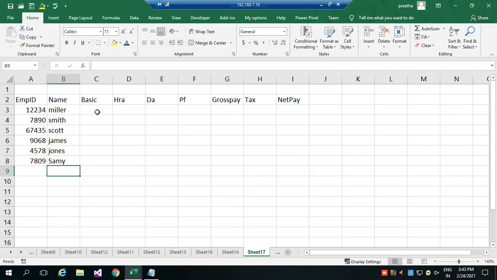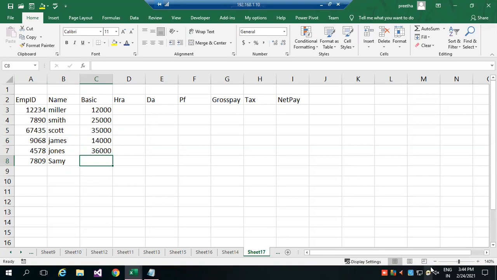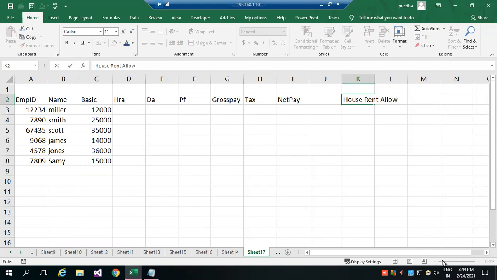Now we fill basic pay in a different range. Now, HRA means what? These are all the allowances given to the employee. HRA means house rent allowance. Either they'll give the quarters or they'll give the amount for the house rent.